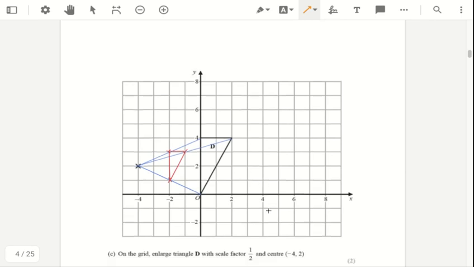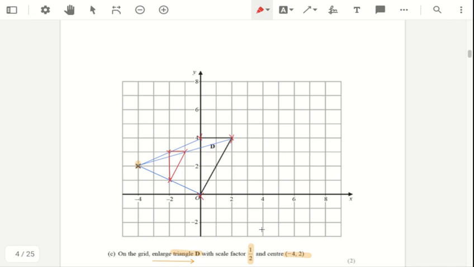So this next question requires us to enlarge triangle D by a scale factor of half and center minus 4, 2. So minus 4, 2 is here. Okay, so first of all, first step, I want to mark every single point on the original